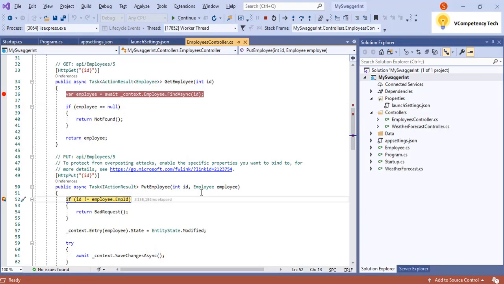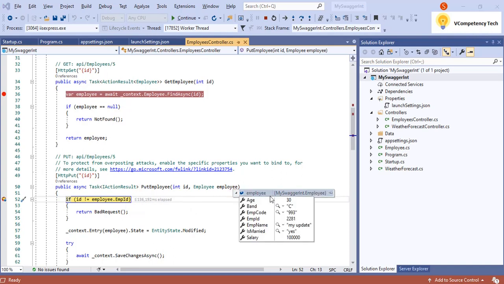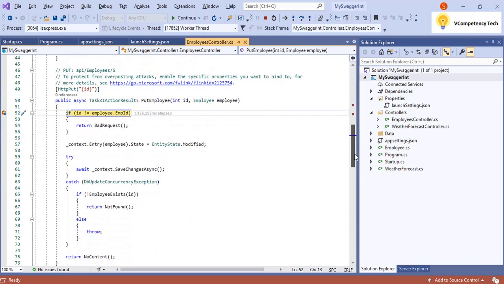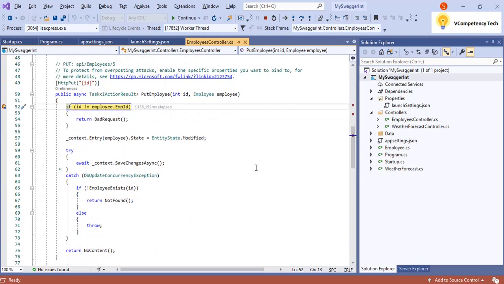See, put employee by ID, and let's see what data is coming. See, I have written my update there, all this data I have given newly, right? So that is coming, and let's see one by one how it is going. State change modified, save.